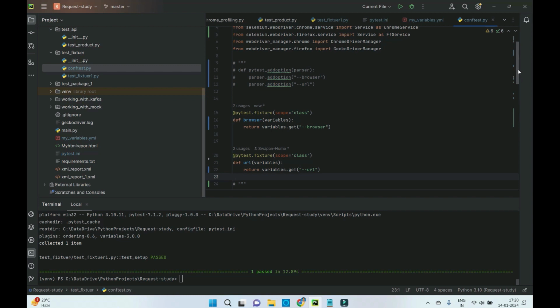So in that case, while we are running the test case, at that time we want to provide the command line argument also. So it will first check that command line argument. If it is there, it will follow the command line argument. If it is not there, it will follow my variables.yml. What do you say? I think it's a good idea to handle both situations. So for that, we will re-implement this pytest_addoption because I want this also, and we will keep both these things. So here I'll be giving this a request,